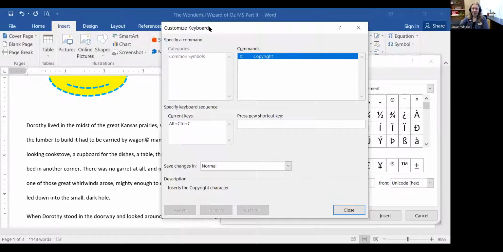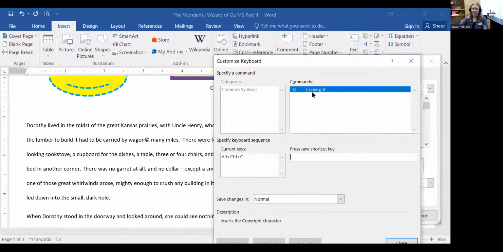So if I know that I have to insert the copyright symbol a bunch of times, well, the specific keyboard sequence right now is Alt plus Control plus C, which will get me that copyright symbol. So if you find you use, say, umlauts or accent grave or accent aigu or whatever a lot, you can specify a command to give you a keyboard shortcut so that you can put it in there too,